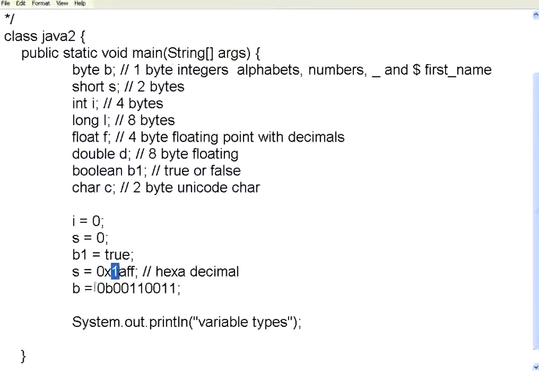Now I have also defined the byte variable with the prefix 0b. 0b indicates to the compiler that it's a binary value. This is base 2. Hexadecimal is base 16. Binary is base 2. So I have defined 8 bits, so it will set that to 8 bits. All the bits will be set according to 0 or 1, whatever I give. This is another way of putting hexadecimal values or binary values.